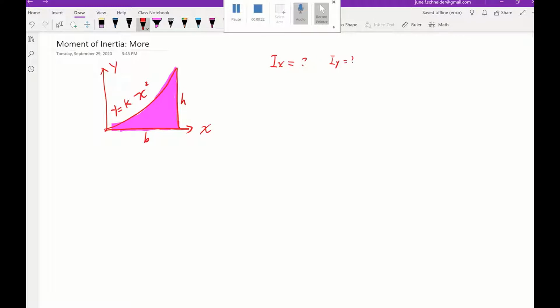Let's go use our general steps. In order to find Ix, we're going to first draw a rectangle that is parallel to the x-axis. Then we're going to use the formula y squared dA. So in order to do that, let's figure out this rectangular strip area first. What's going to be our